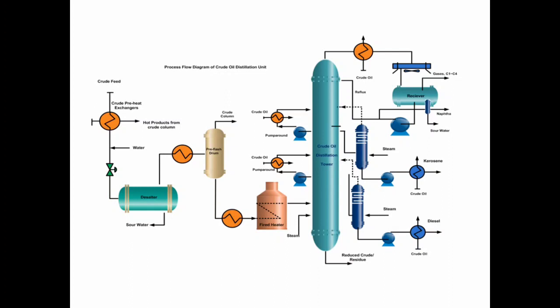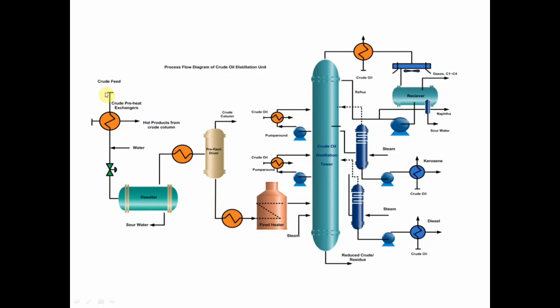So there can be one unit for high sulfur and another for low sulfur. Basically, we're talking about two crude distillation units. One is for high sulfur crude oil, another is for low sulfur crude oil. Now these crude oils are called feed. I already said that these crude oils, the raw material, are called feed or the feedstock,